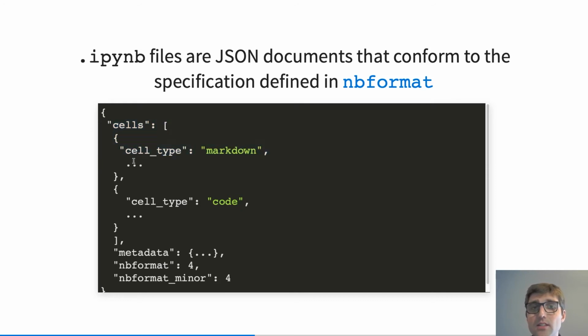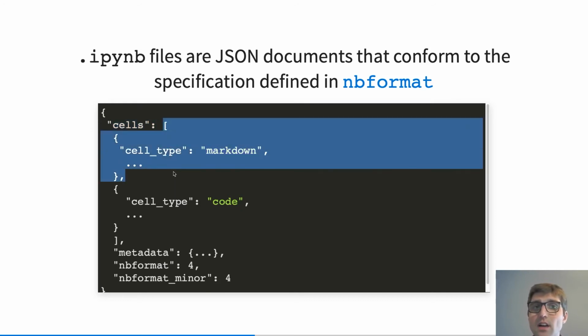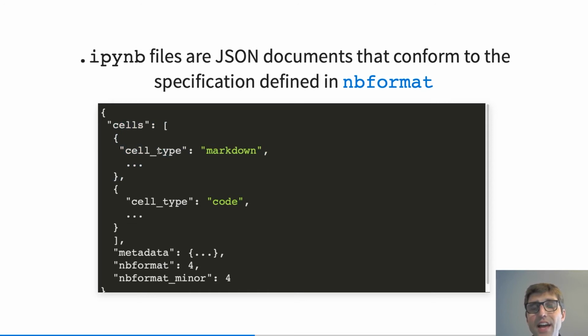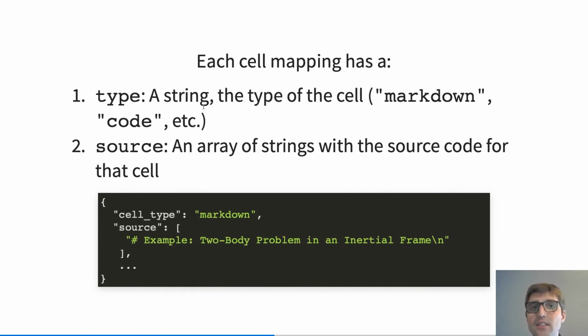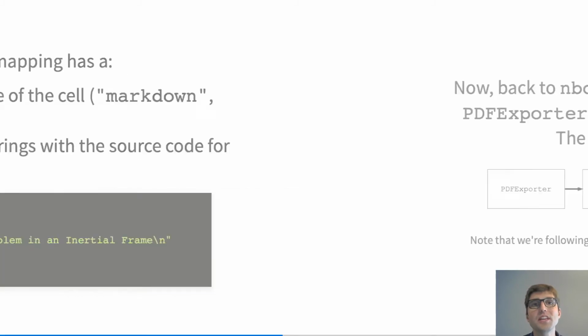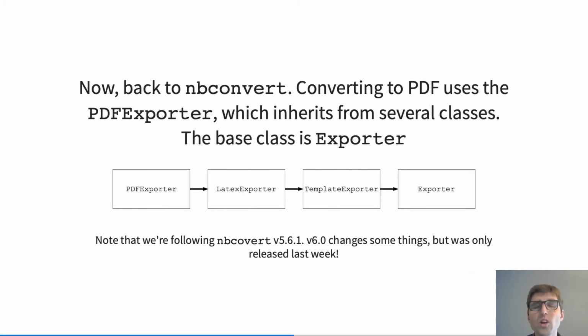The best way I think to think of JSON documents, at least from a Python perspective, is as dictionaries and lists. So the top level structure is a dictionary, and there are several keys: cells and metadata and some more. The cells key is the one that we're interested in, which is a list of dictionaries, and each dictionary represents a cell in the notebook. Each cell then has its own keys. It has a type, which is markdown or code or whatever it is, and then it has source, which is the actual source code in that cell. So the exporters in NBConvert can work with this document structure to modify it and also to fill it into